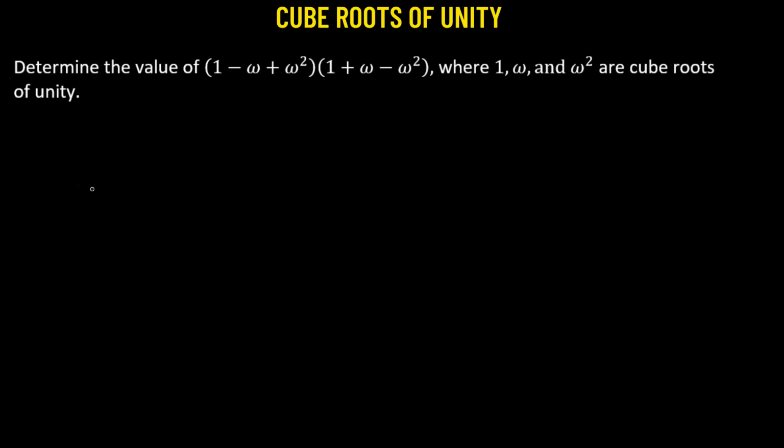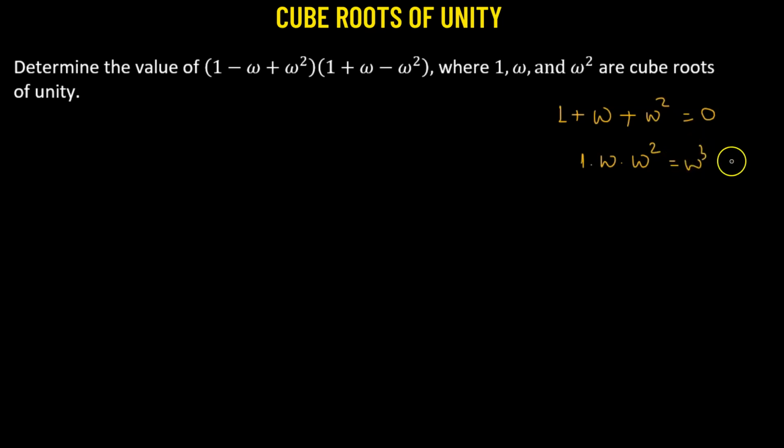Here in this problem, we need to obtain the value of the given expression. Here, 1, omega and omega squared are the cube roots of unity. Now, before beginning, let's state a few of the facts: if 1, omega and omega squared are cube roots of unity, then it follows that the sum 1 plus omega plus omega squared is always equal to 0. And if we take the product, that means we have 1 multiplied by omega multiplied by omega squared, which gives us omega